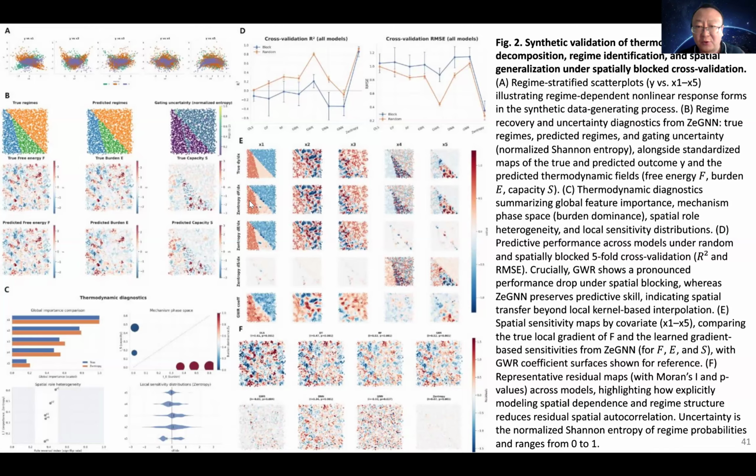Or this is like the model uncovered relationship, which is again very similar compared to the true relationship here. So I think this is from the simulation set that we get here. We feel that it's working very well to uncover the complex spatial system in terms of different factors, how those are impacting this final outcome, and based on the burden capacity computation, and to produce the final